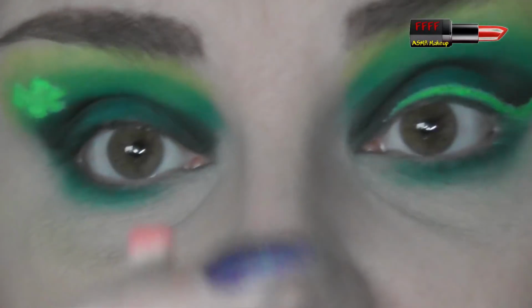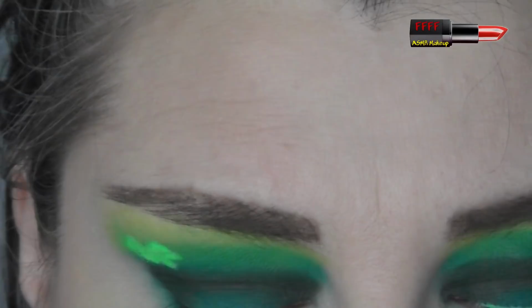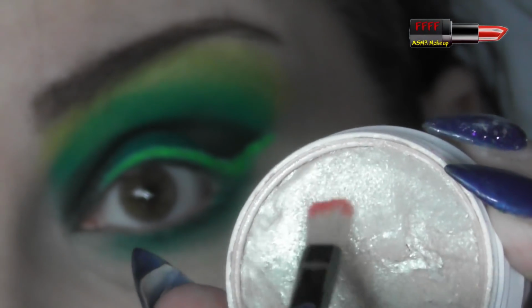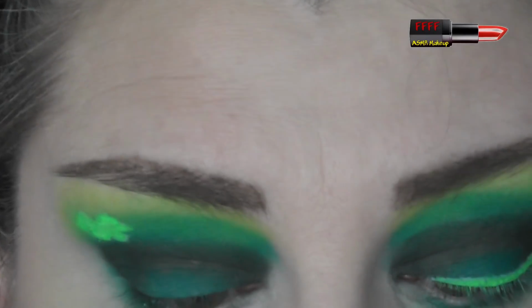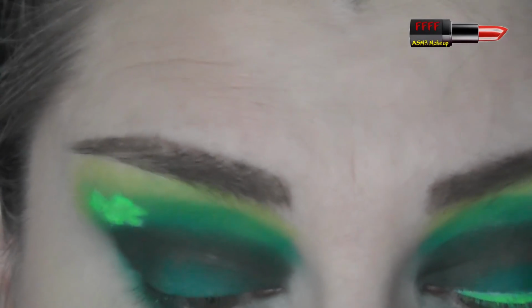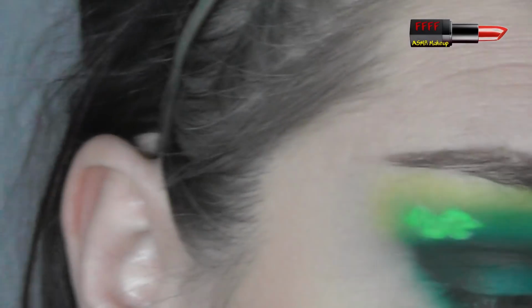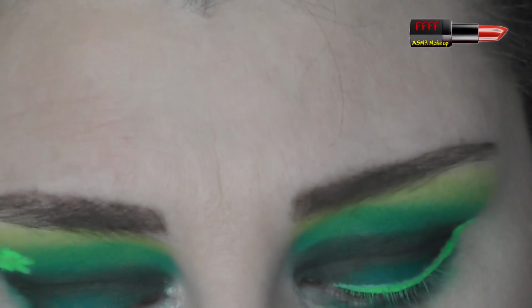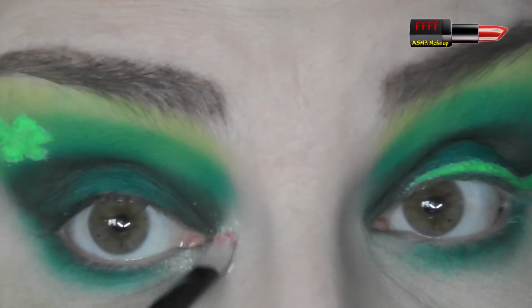Right, this is just a really cheap brush that I got off of eBay years ago, because the Super Shock Cheeks from Colourpop are actually like a cream to powder. Don't know if you can see as I'm pushing my brush in there. But it is the only cream to powder formula I've used that you can actually put on after you've set your face and everything without it disrupting your base, so long as you use something like this multi-fibre brush, which just seems to give a softer play. But I'm just going to pop some of this in the inner corner,